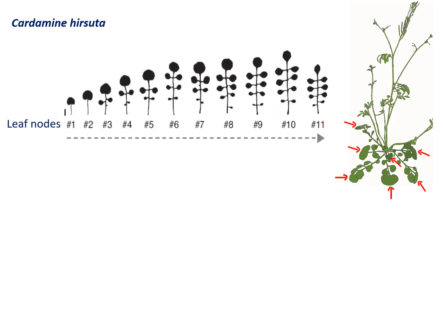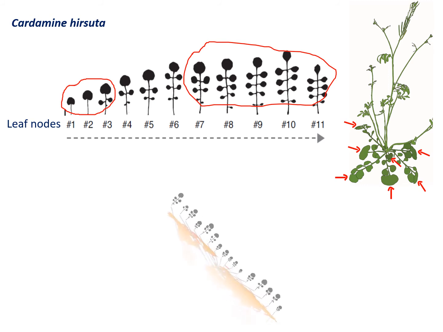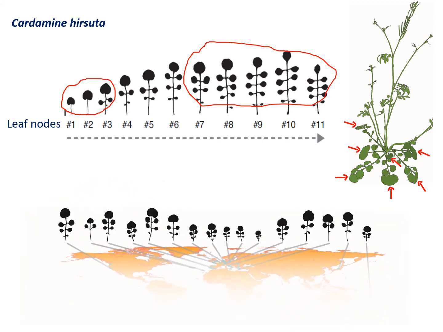Another interesting feature about Cardamine hirsuta is that within the same plant, over the course of its life cycle, aging leaves show increased morphological complexity. This morphological change process is called heteroblasty. Moreover, the natural strains of Cardamine hirsuta from across the world show considerable variation in leaf length, leaflet number and